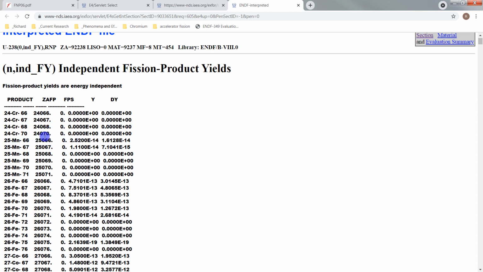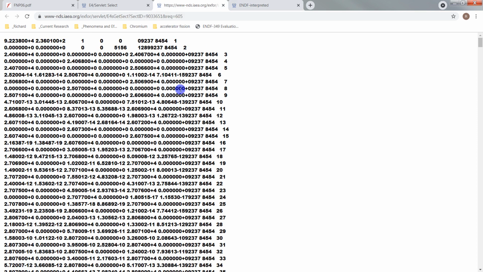And I don't know what that zap thing is. Let's see if there are any. 24070. 240, Control F. 2407. No. 2407. So interpreted means I use something else to look it up, but I'm not going to give you the information where I got it from. So that's kind of a here's half of a